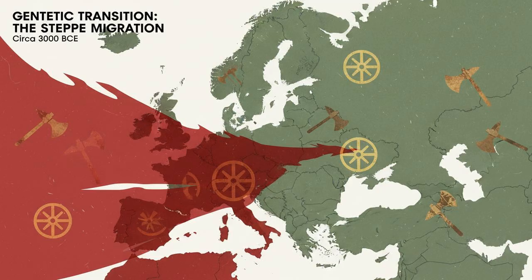The smoking gun for the Yamnaya theory arrived in 2015, when David Reich's lab at Harvard sequenced the genomes of the Corded Ware culture in central Germany, dating to about 2500 BCE. The results were shocking. They found that 75% of the ancestry of these individuals came directly from the Yamnaya. In a blink of evolutionary time, the genetic map of Europe had been wiped clean and repainted. The Yamnaya had not just migrated, they had swamped the continent.